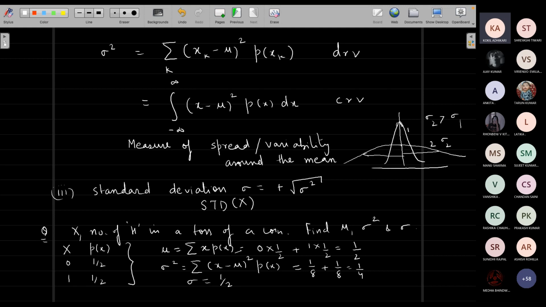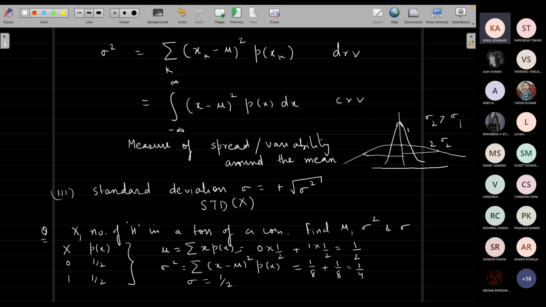So the certainty with which you are able to say that a single toss is going to give you head will have plenty of spread around it. As you increase the number of tosses, you will find that the mean should still be half for getting head in the case of a toss of a coin, as long as it is fair. But this spread will start getting less and less. So if I have 10,000 tosses of a coin, then the spread around this value half will be much smaller. So in the case of infinite tosses, ultimately the probability should turn out to be exactly half.